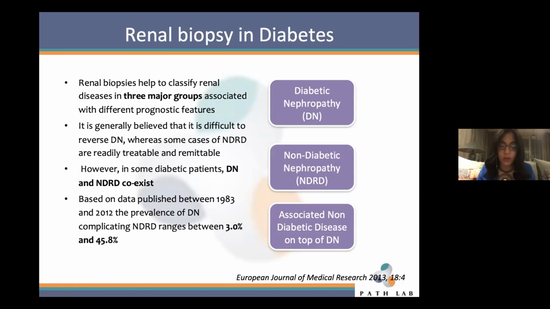So you have up to 45%, according to the literature, incidence of non-diabetic renal disease. Then the patients develop diabetic nephropathy, because most of you think that patients develop diabetic nephropathy first and then they are liable to get non-diabetic renal disease. No, actually it's the other way around. Actually, patients would develop non-diabetic kidney disease first, and then they are going to be complicated by the diabetic kidney disease, making their diagnosis and management even much more complicated.